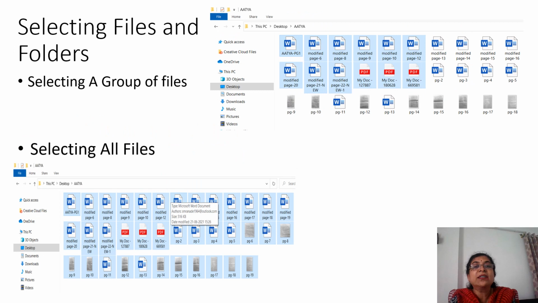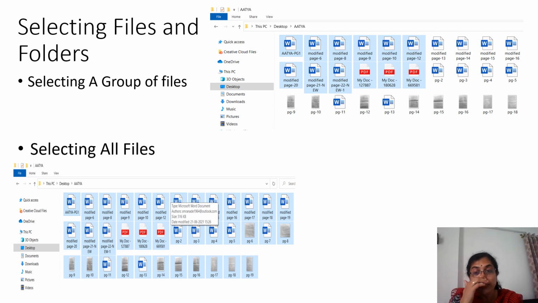Now next, suppose we want to select a group of files which are consecutive, one after another. For that, take the cursor to the beginning left corner of that series of files, drag the mouse over the files you want to select, and then release the mouse button. The files one below another will get selected.